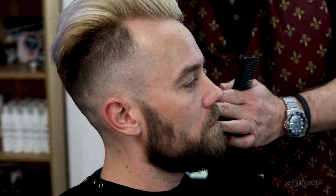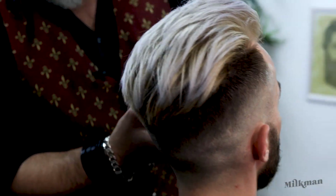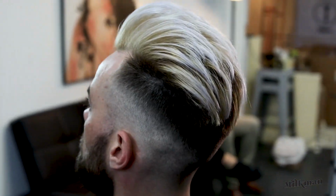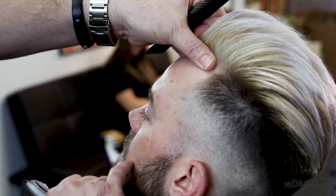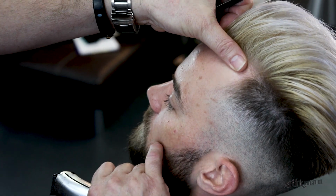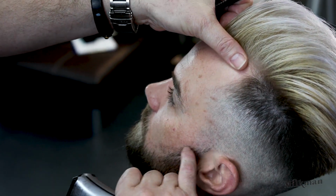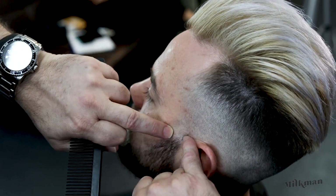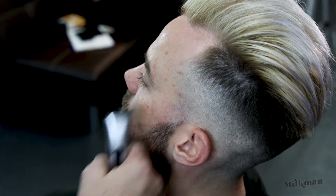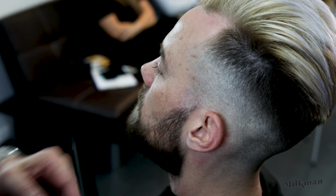Just read what nature's giving you naturally. How sparse the hair is on the cheeks can determine how you draw your line. He's got a beautiful natural line there, so just accentuate that. You can do obvious shapes. We could cut it right out there and make it look very square, and that's quite alternative and